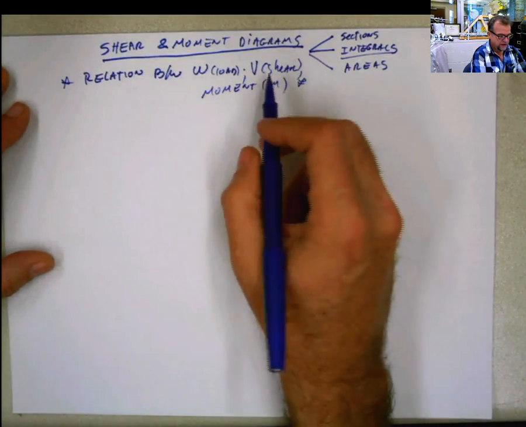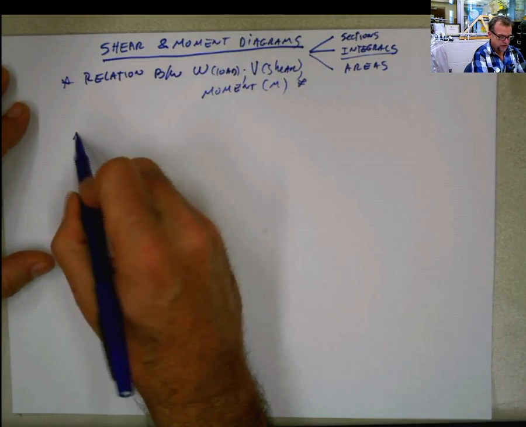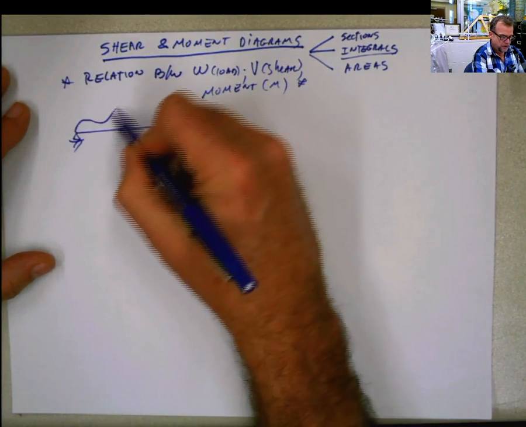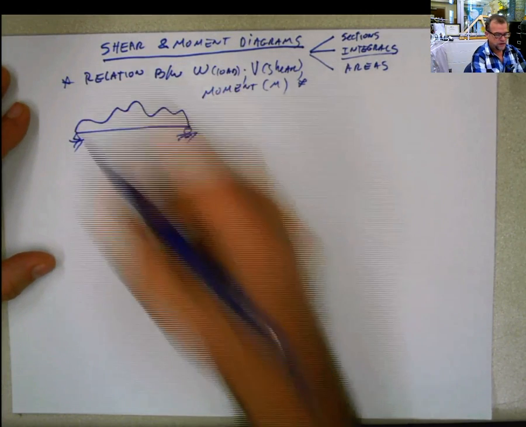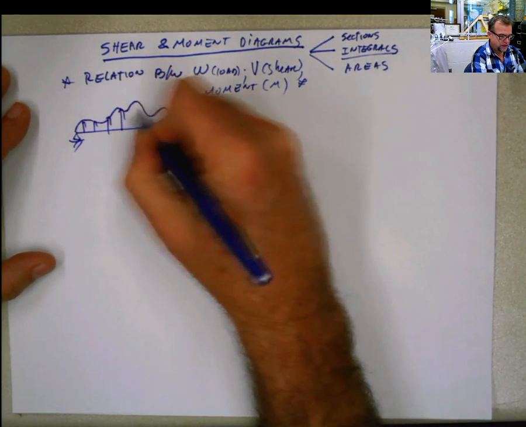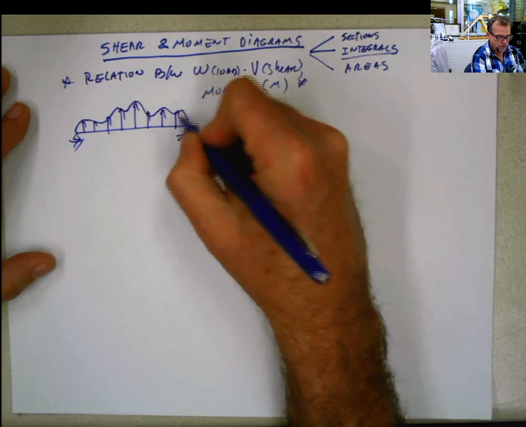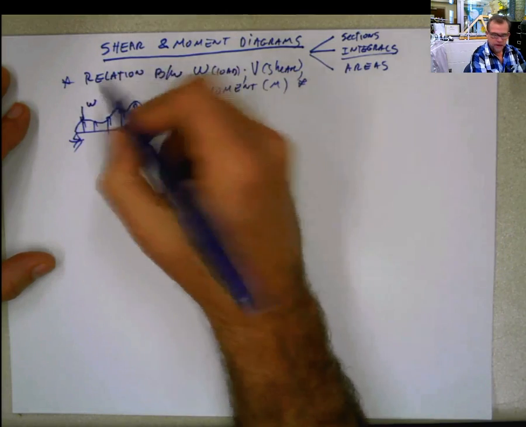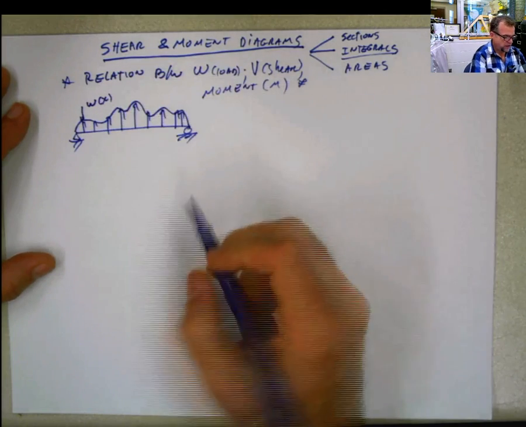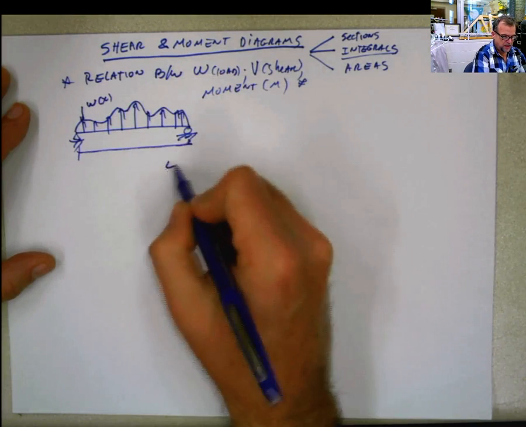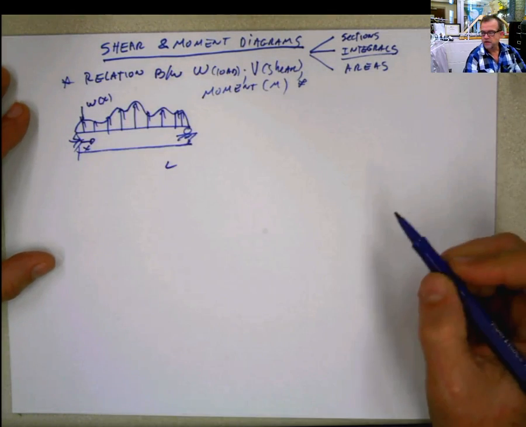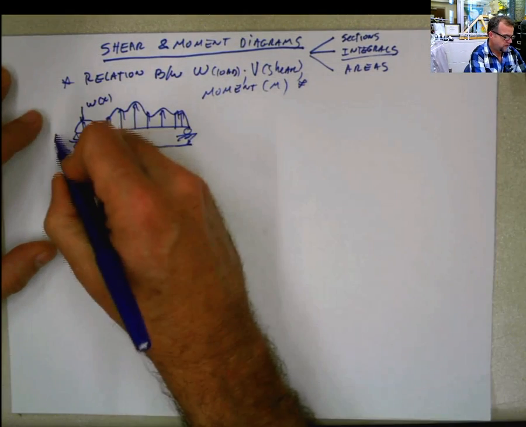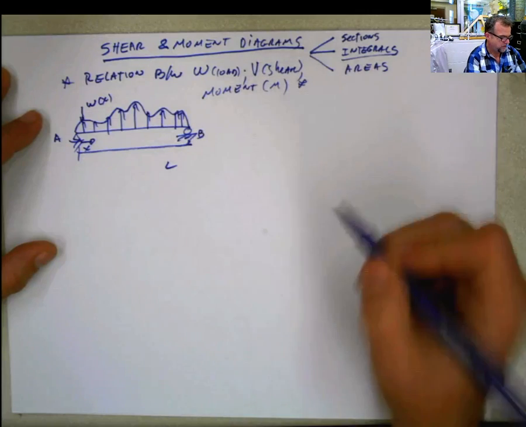In order to derive this relation, just imagine that you have a beam, and that beam is subject to any type of loading. I'm just putting a distributed load for the derivation. It could be any type of loading, and as you can see, that load w varies with respect to x, the distance from here to here is L, and x is measured in this direction. So if this is the support A, for example, and this is the support B,